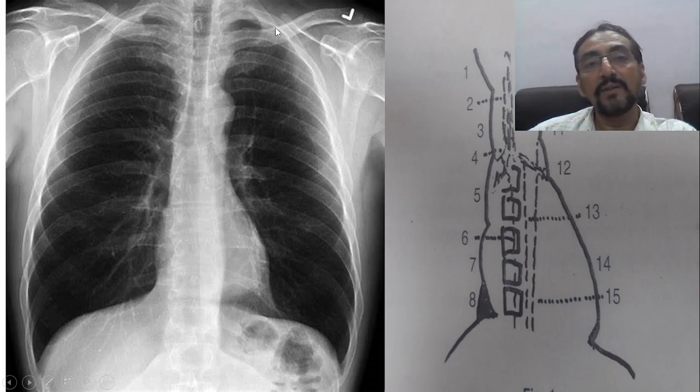Now come to the left side. On the left side, area number 9, the uppermost area. So here we will have the subclavian artery, the left subclavian artery. So this may be the first rib. This is the first rib. In that area is the subclavian artery. And area number 10,